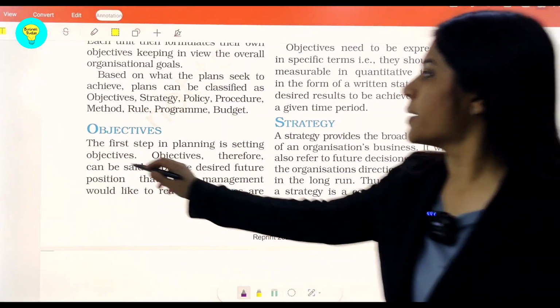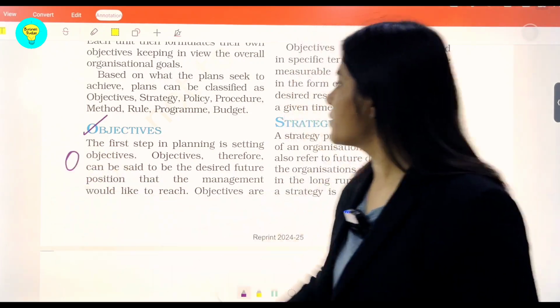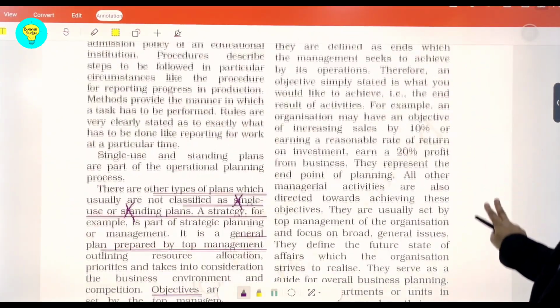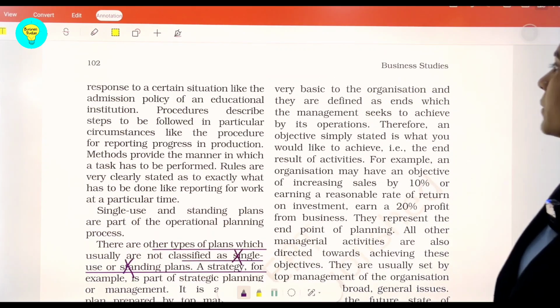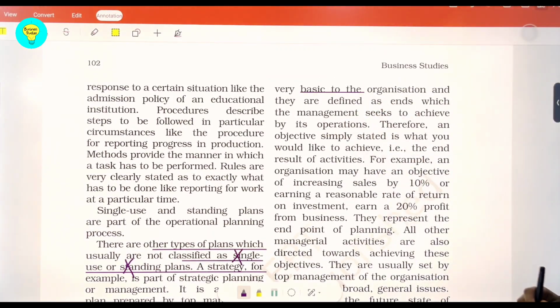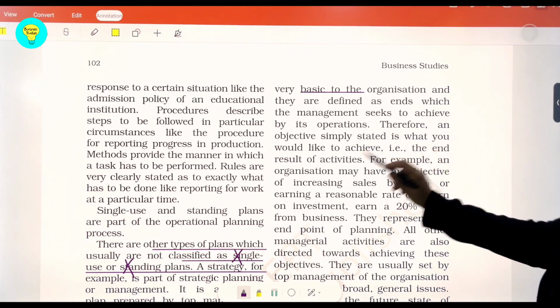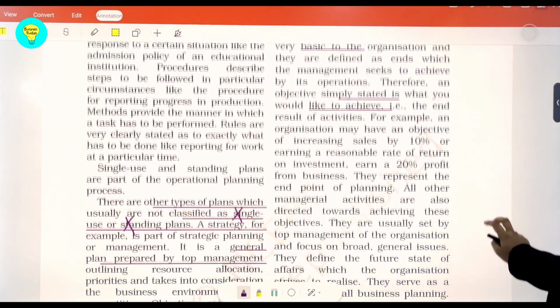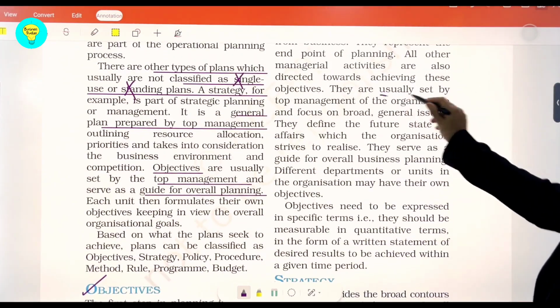Students, objectives as a type of plan, denoted with the letter O, you are supposed to write that it is helpful in particularly setting the very basic need of the organization to have a goal. It simply states what the organization likes to achieve. And mind you students, these objectives are usually set by the top management,